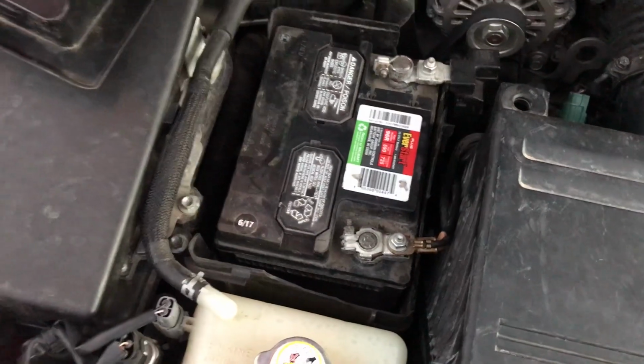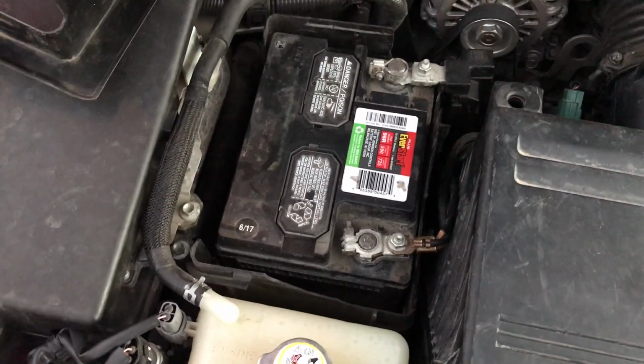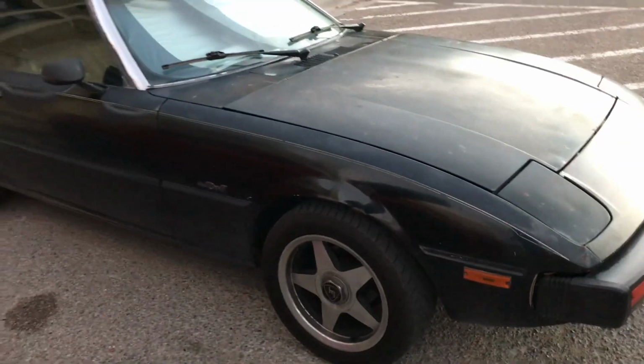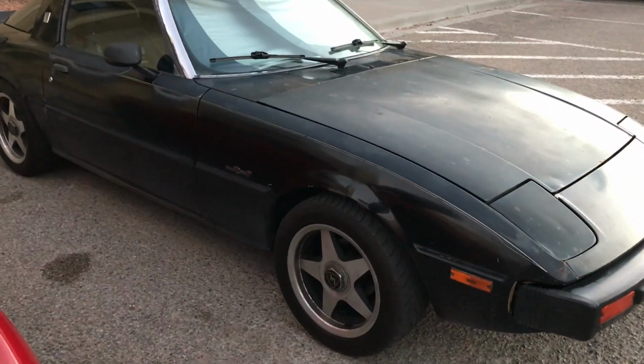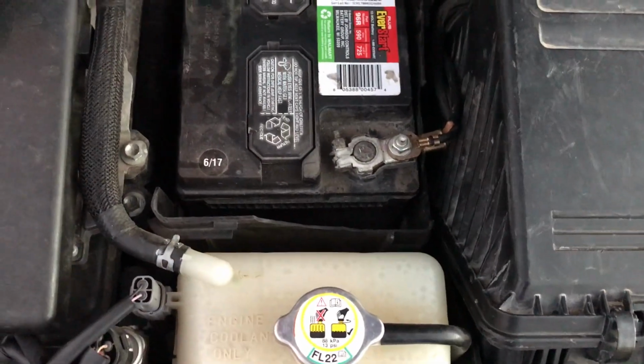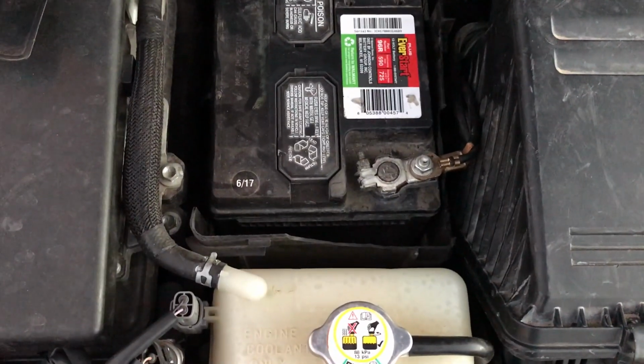But anyway, I did have this issue, I want to say 3 or 4 days ago, and I also had the same issue in my RX-7 over here about a month and a half ago. It was the exact same thing, just a bad battery ground connection. And let's see, in this I just did a temporary fix where